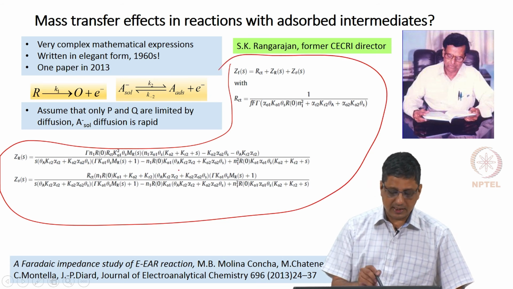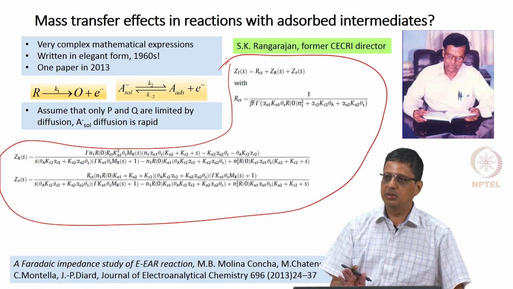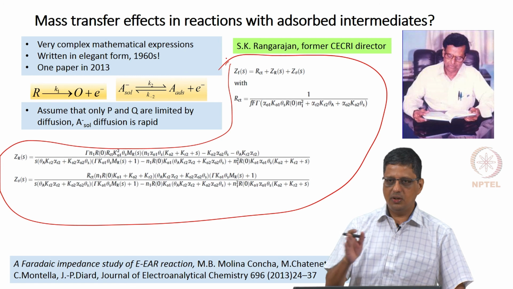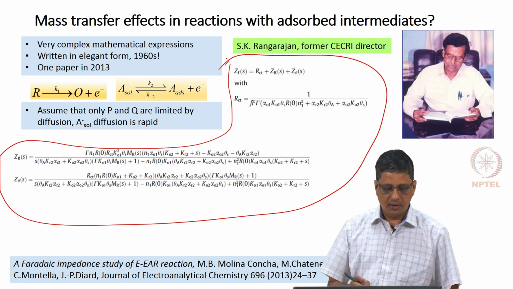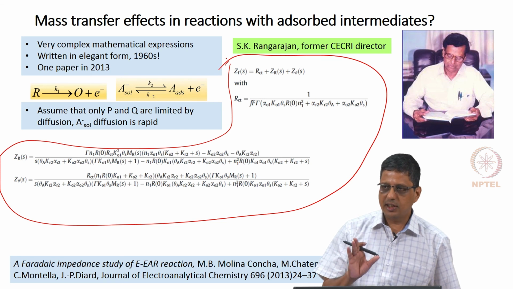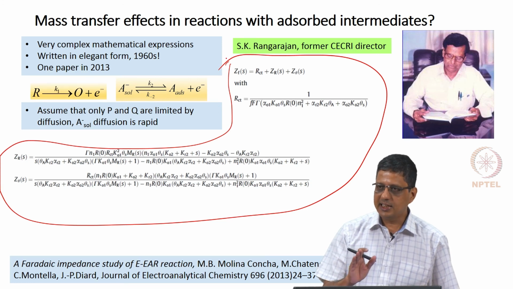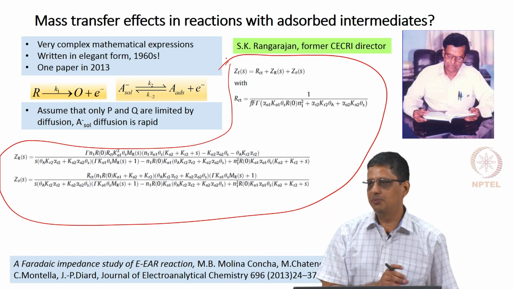Each one of these, again, what is this, what is this, etc., it goes through many expressions. What it means is it is possible to derive, but it is extremely complicated and lengthy. And to tell you, I have not derived this yet. I am aware that it is possible. If you can understand what is done for the electron transfer reaction, that is good. I am not expecting that you would be able to derive it for more complex cases, but you should be aware that it is not as simple as writing the kinetic limited Faradaic expression and then putting one more term there.